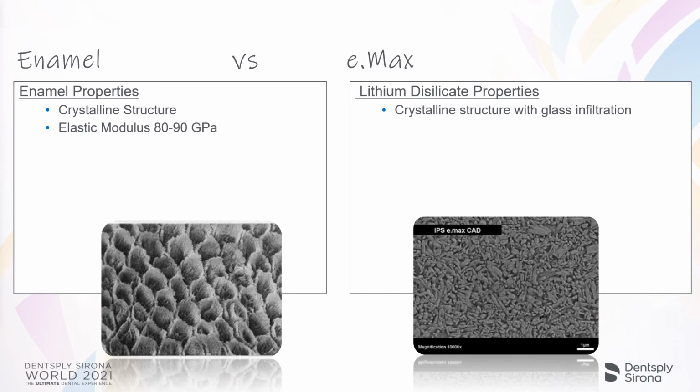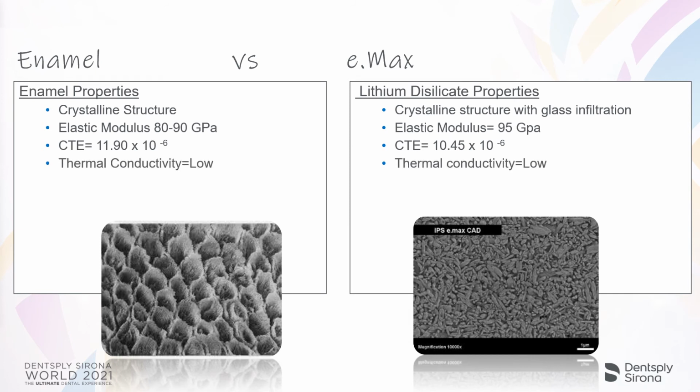When we look at the elastic modulus or flexibility of enamel compared to that of lithium disilicate, lithium disilicate's actually a little bit stiffer. So maybe that's one of the reasons why Emax has been such a good long-term posterior material. It's a stiff material. It's not going to flex and give. It's going to protect that ever so critical interphase layer between our dentin and our cement. We look at coefficient of thermal expansion. We see that lithium disilicate expands slightly less than that of enamel. So again, when we drink something hot or something cold, it's going to flex less than our natural tooth actually would. Both of them have very low thermal conductivity,